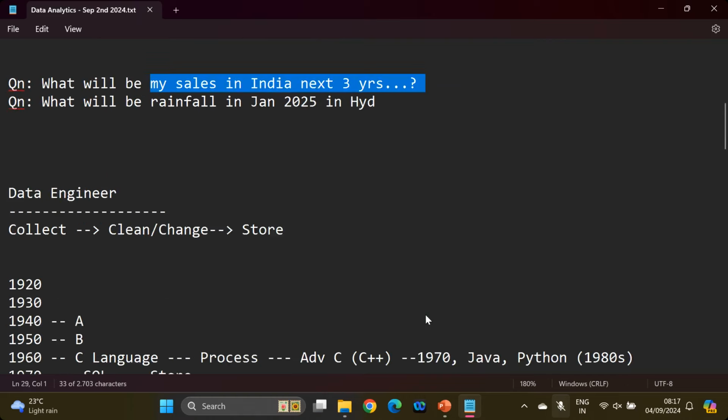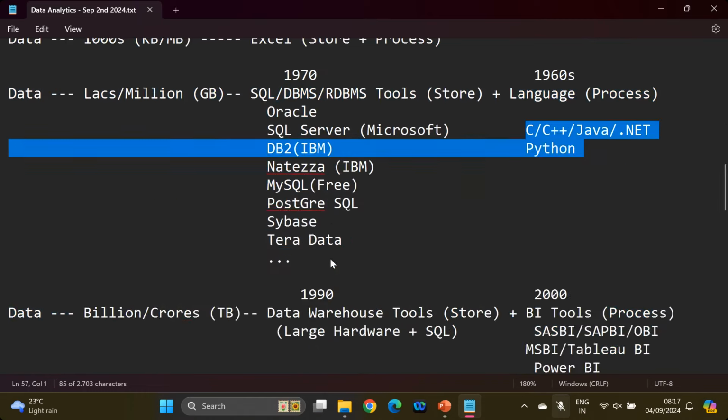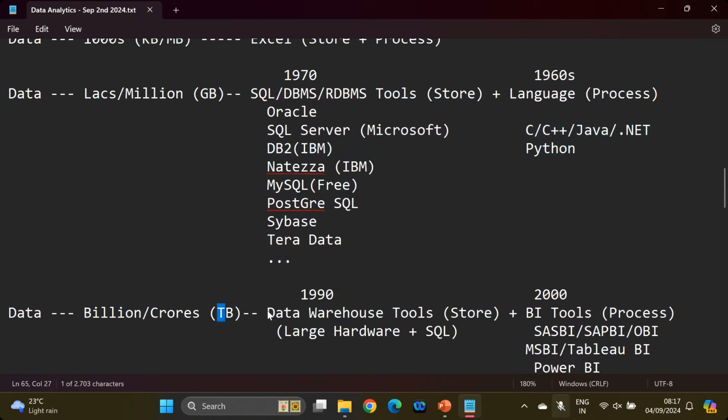So yesterday I was talking about, when you have the data, what is the size of the data? When you have a small amount of data, you will be able to keep it in Excel. When you have a large amount of data, I'm talking about gigabytes of data, this kind of data can be stored in this kind of software in the IT industry. And if you want to process the data, we're going to be using a language where you need to write so much coding, right? But if you have terabytes of data, we're going to be using different tools called data warehousing tools. And to process this much data,